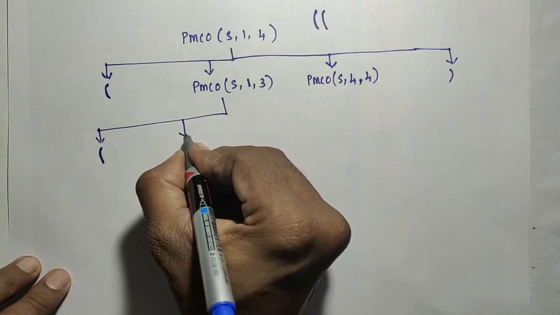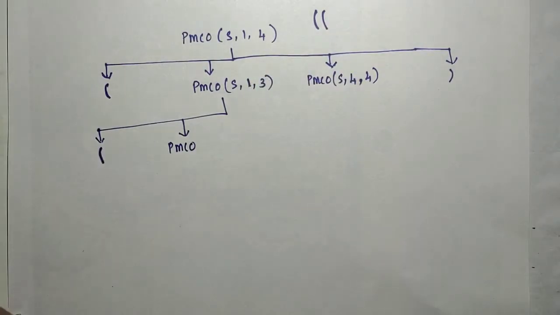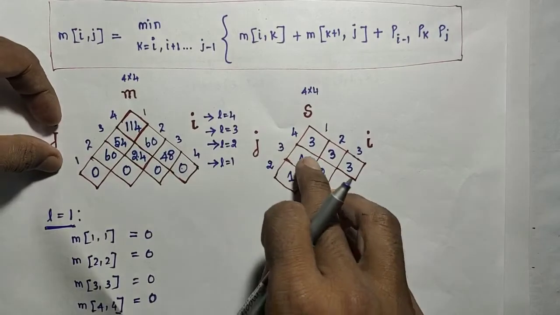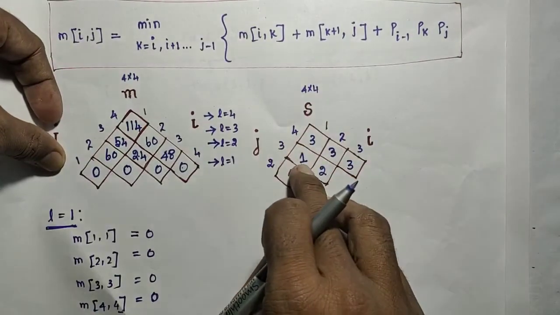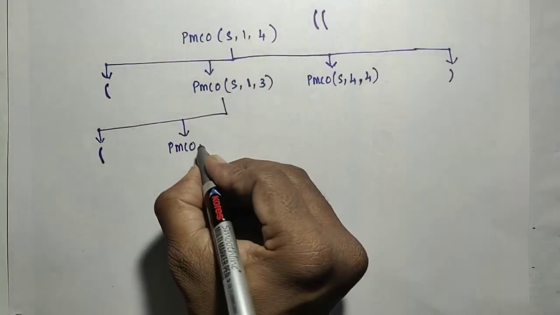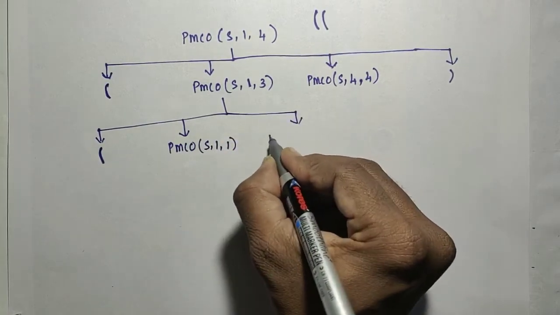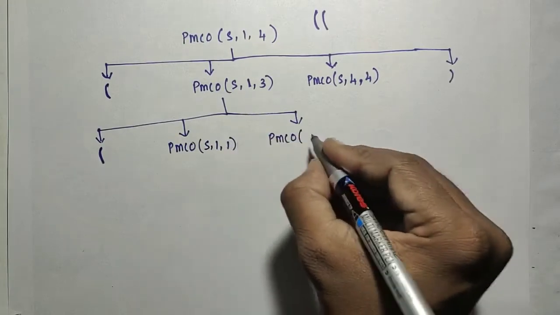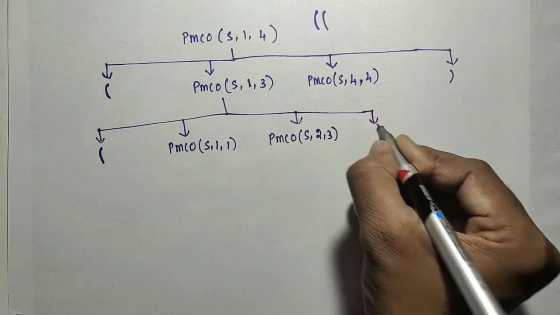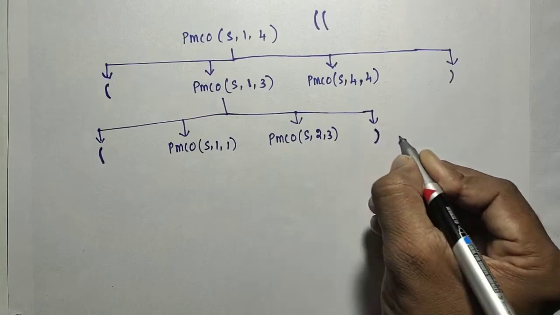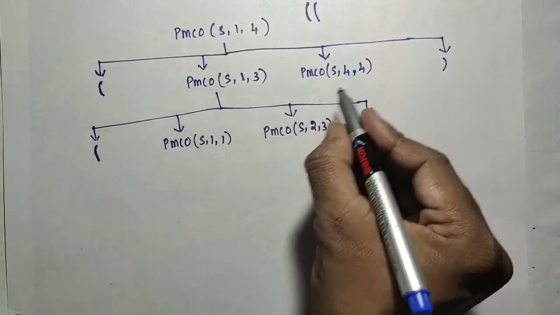After that it will call that PMCO, that is 1 to 3 has to be printed. So 1 comma 3, the corresponding split position, that information in that array, is 1. So I need to call PMCO of s comma 1 to 1. Another call is print MCO of s comma 1 plus 1, 2 to 3. After that I have to print that close parenthesis. Okay, so this will be printed later. So now come to this one, this will be completed, after that it will go here.